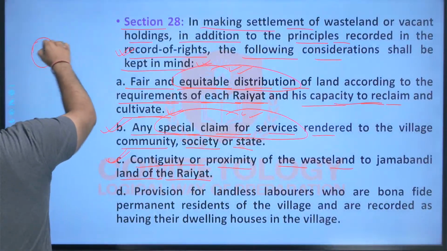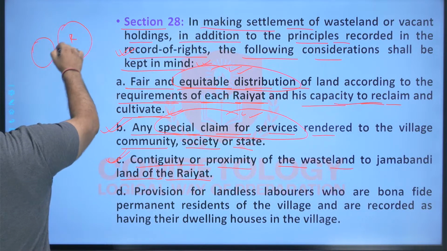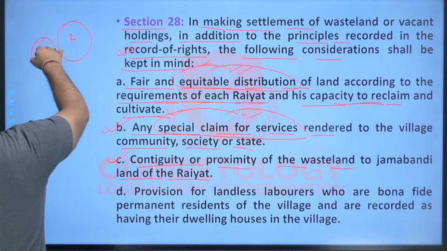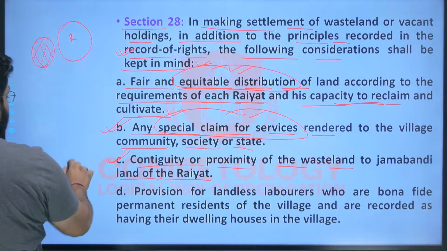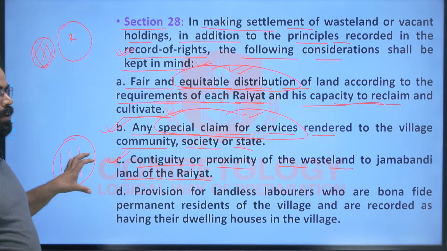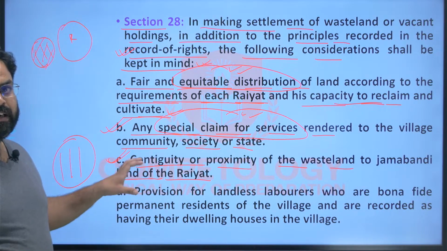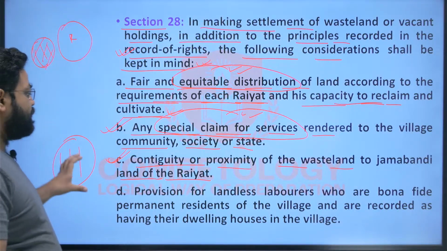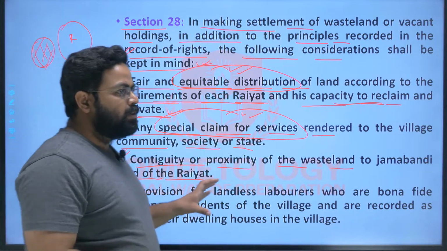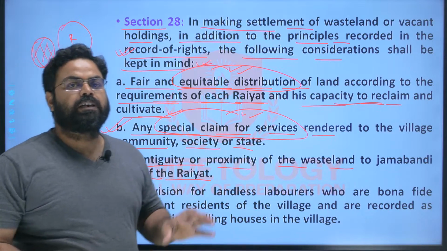And any of the Rayat is having his land here. So this Rayat will be preferred first for the settlement of this vacant land, rather than being considered a Rayat whose land is located in the far-flung areas than that of the vacant land or the wasteland, right? So this will again be a principle which should be considered while settling any of the wasteland or the vacant